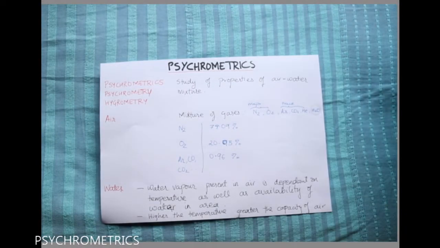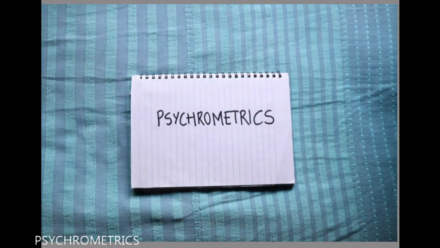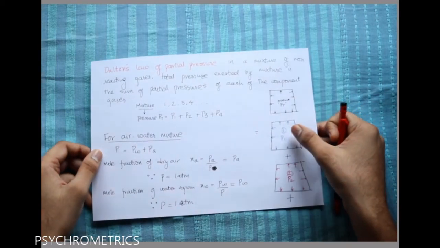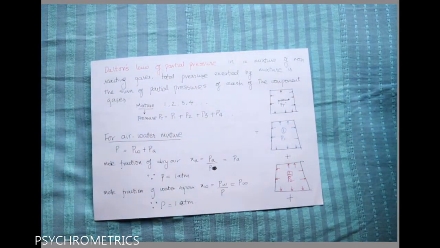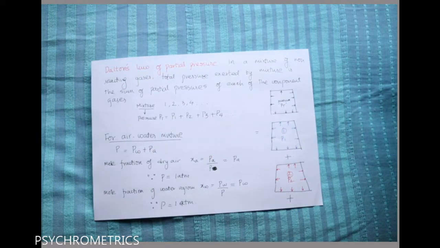To completely understand the topic of psychrometry, we not only have to learn a few more topics or terms, we also have to revisit a few concepts which we have already studied. One of the important concepts that we have covered in the past is certain laws of gases. One of the important laws which we have to consider is Dalton's law of partial pressure. Now, what is Dalton's law of partial pressure? It states that in a mixture of non-reacting gases, and this is very important, non-reacting gases, for example in air, nitrogen and oxygen do not normally react.